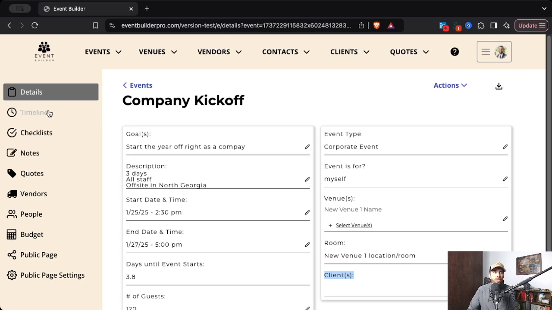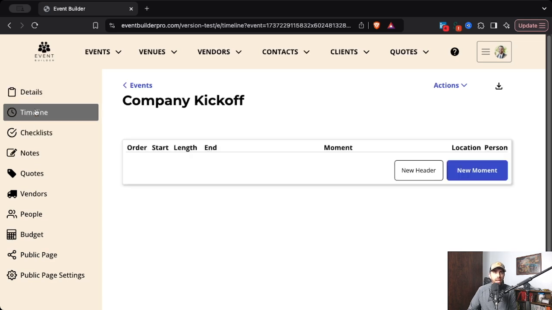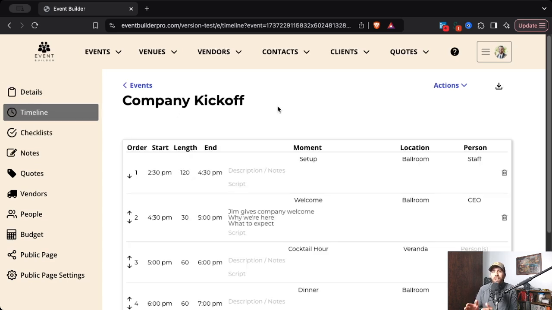And then on the left side, you'll see that we have a whole series of options. The first one being the timeline. Now, in normal event planning, what people will do is they will go to either Microsoft Word, or Google Docs, or Excel, all of which are great tools, but they are not designed